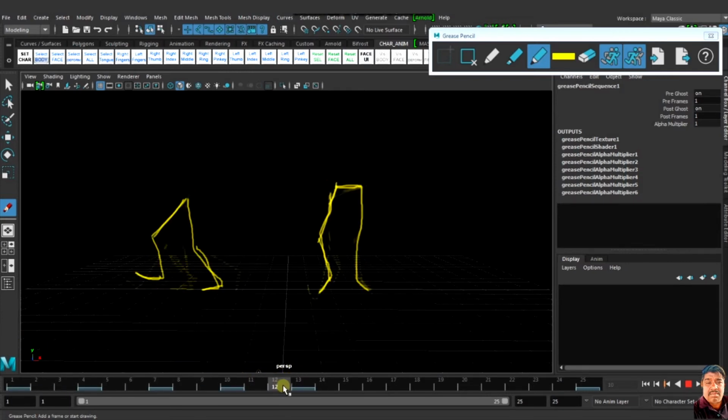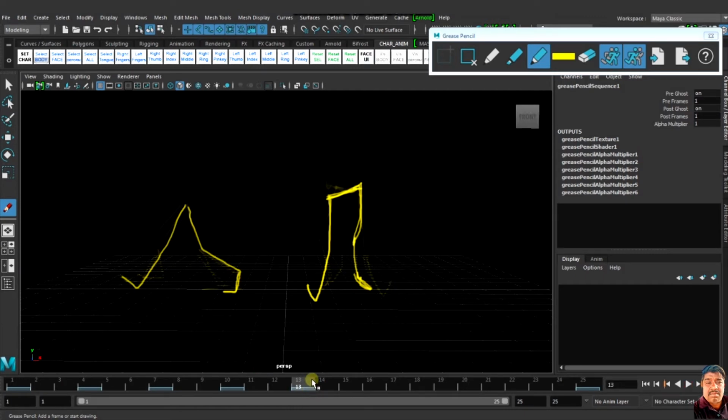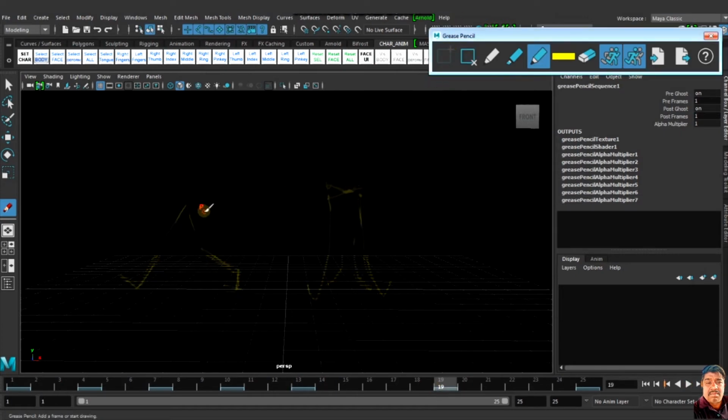Now it goes to the other side, same as in 7, so 13, 16. Or I go to 19. In 19 it is the passing pose again.